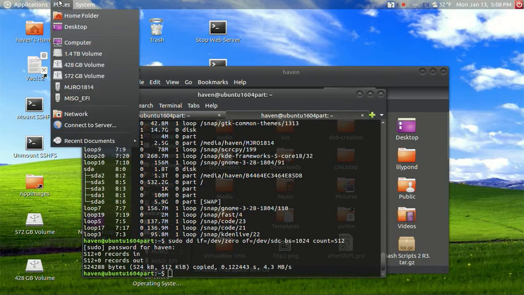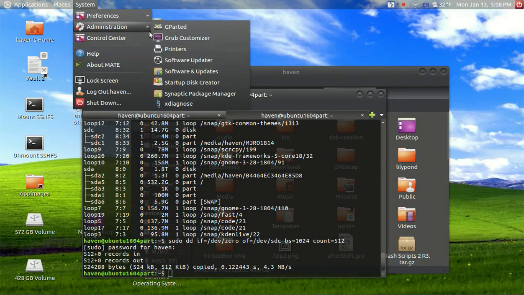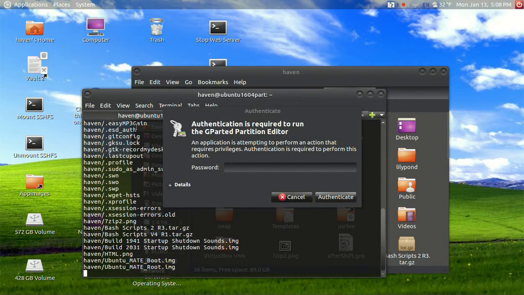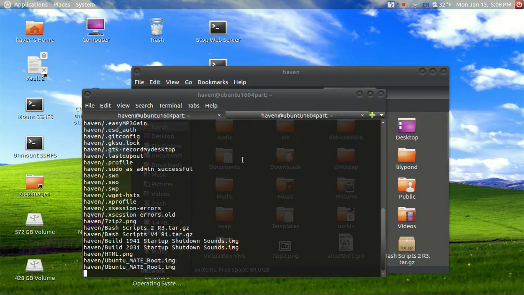I haven't logged into Mate for a while. How is that going there? Alright, still backing up some things. Get my permission,